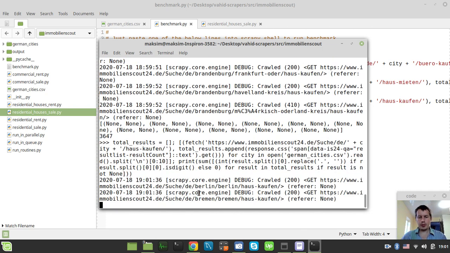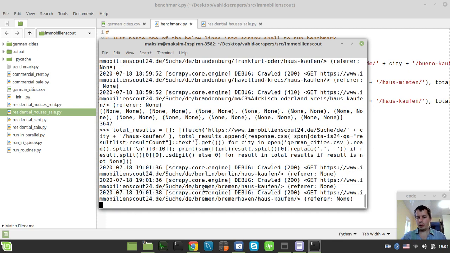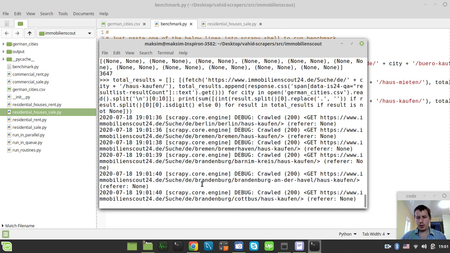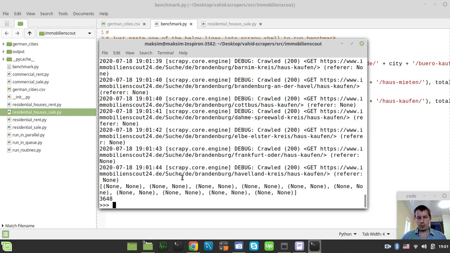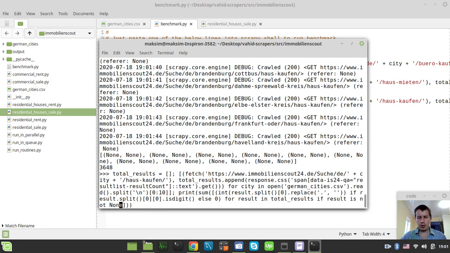Just to make sure that I didn't break anything along the way during the copy paste and this replacing of dots with nothing, to be able to convert data to integers. Yeah, it seems like it's fine. So from now on we can run this on the entire amount of